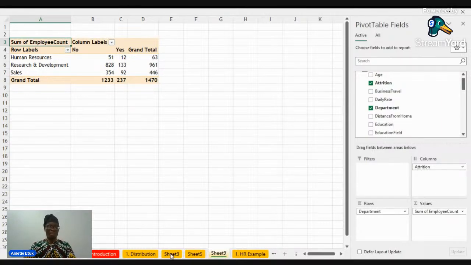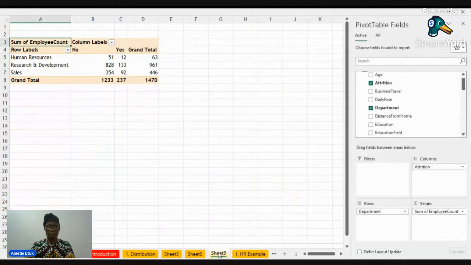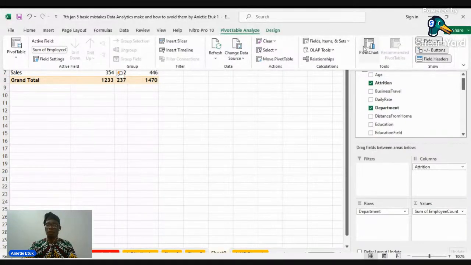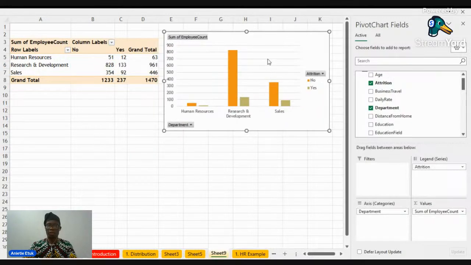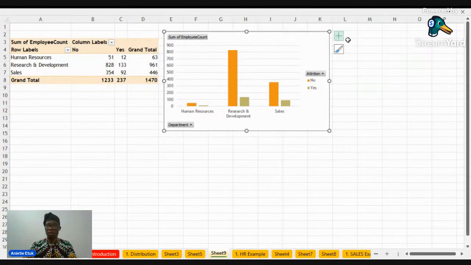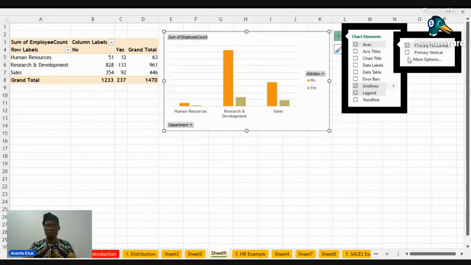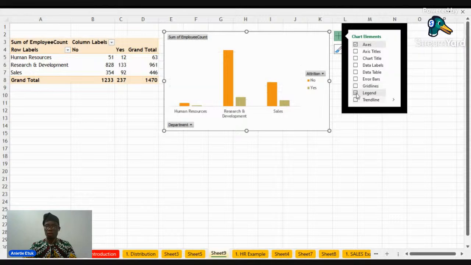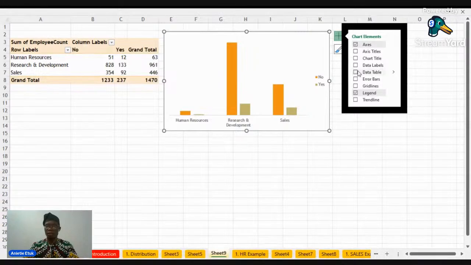Now, what most persons do, which I'm trying to show us now, in terms of this particular data set, is they do this. They come to this point and they click on, now we have reduced, this is a sample of a data model. We have created a model from that data. And they go to pivot table, and they create a pivot table like this. Let me make this table neat. Let's just quickly remove the vertical axis. Let's remove the grid lines, and let's hide the buttons. And then let's add data labels.